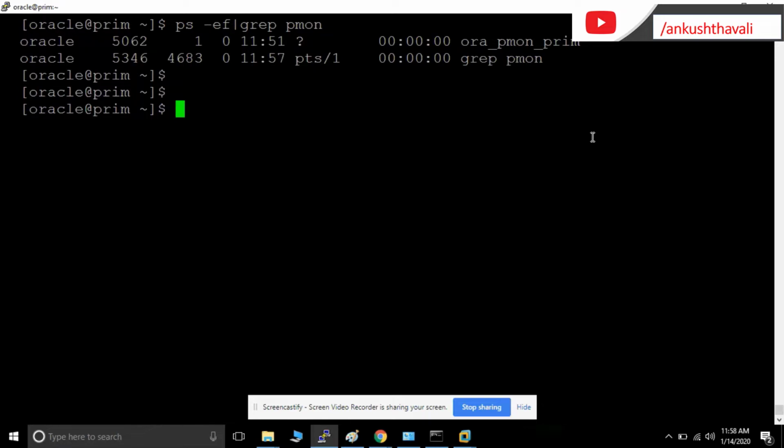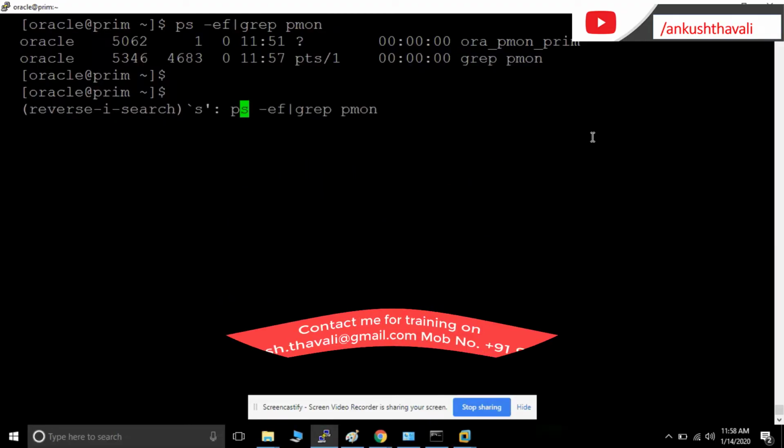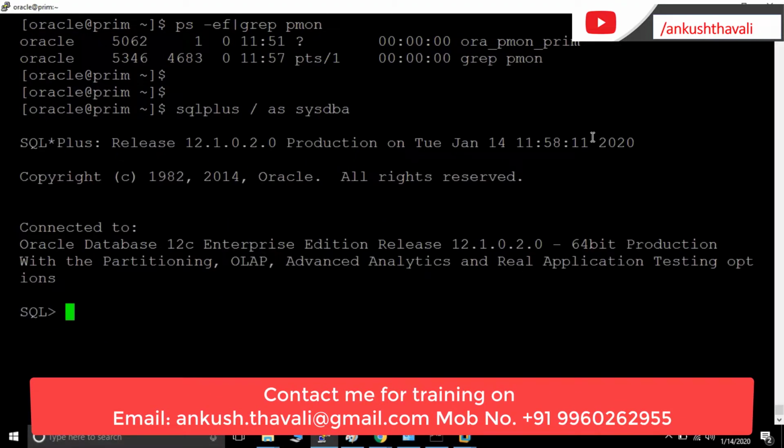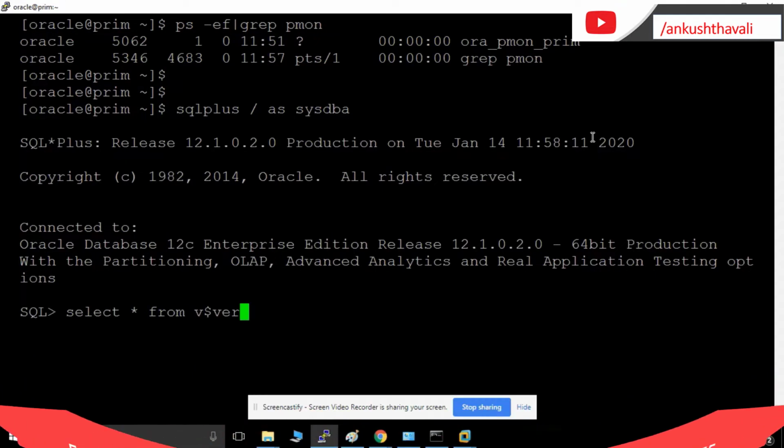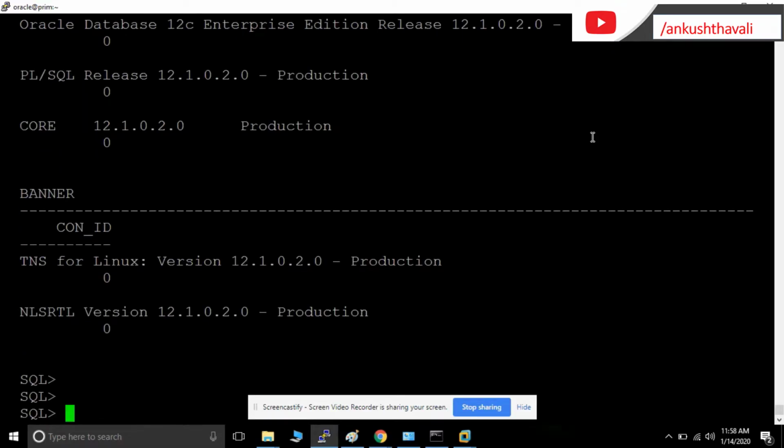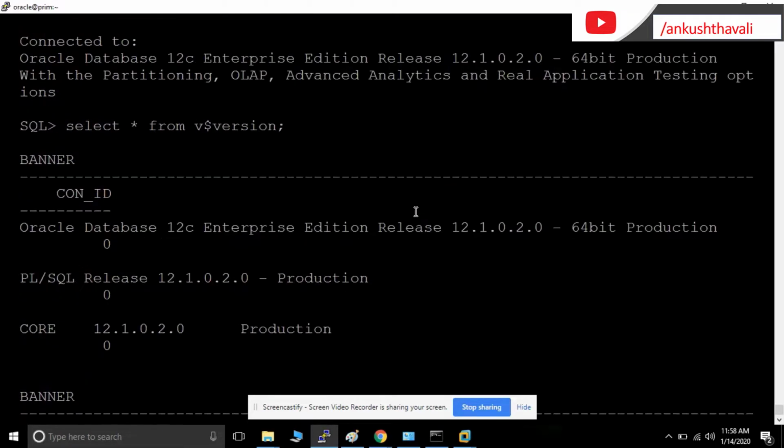So next thing is we are going to cross check what versions we are currently using. I'm just connecting to the SQL Plus utility and typing the command select * from v$version. Here you will come to know from this command that I'm using Oracle 12c Enterprise Edition. And as I said earlier, with the help of Enterprise Edition, you will get access to the diagnostic